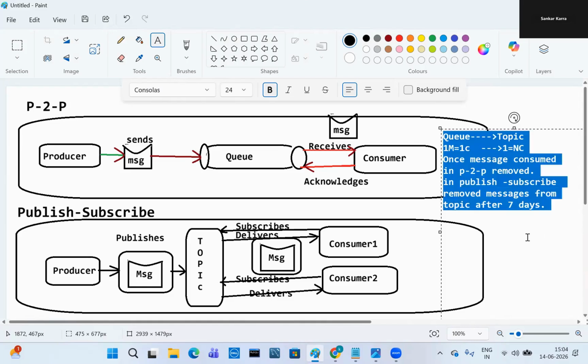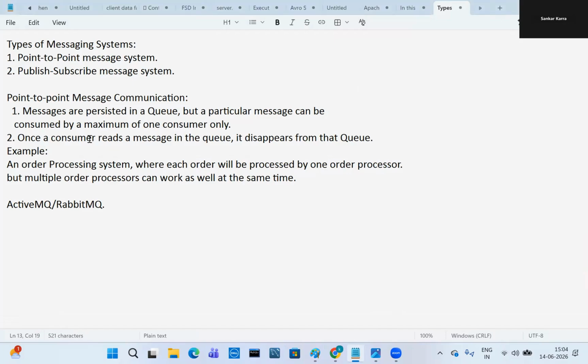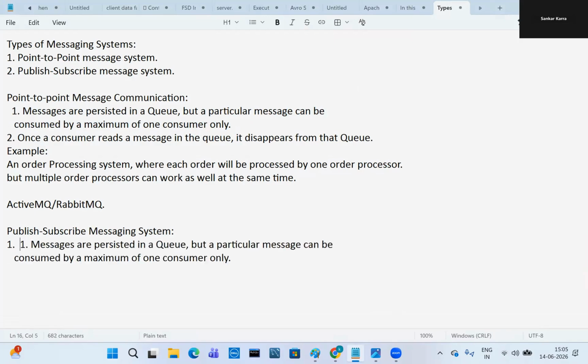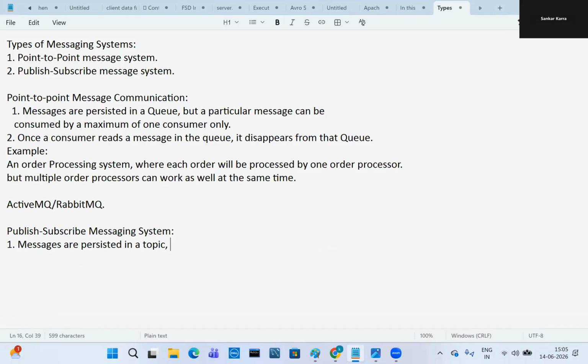So let's add some points about the publish subscribe messaging system. The first one: messages are persisted in a topic, right?